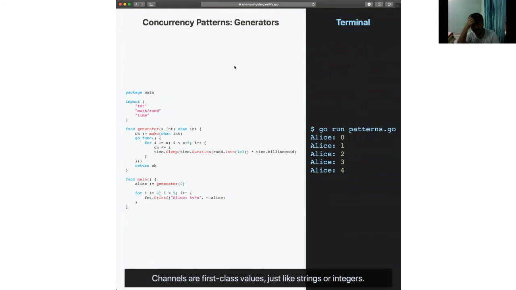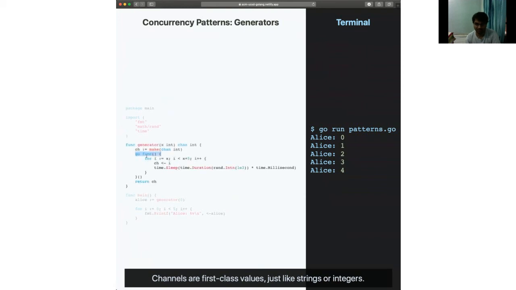So again, let's look at the generator that we wrote. We have this function called generator, and inside it, we make a channel. And look at this line, most importantly. What's interesting about it is it's declaring a function closure, which basically means that it's declaring a sub function, which is a variable, I guess. And at the same time, you just call go on it. So this is how, if you have a piece of code that you want to parallelize, you don't want to make a different function or anything like that, you can just declare it as a func right there.